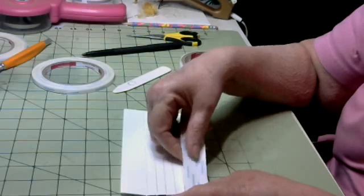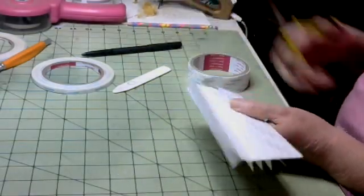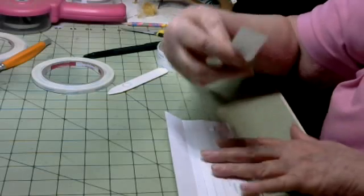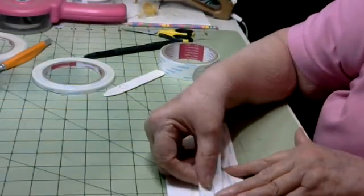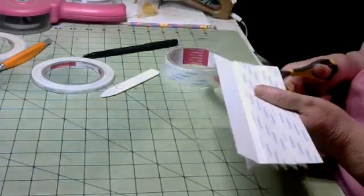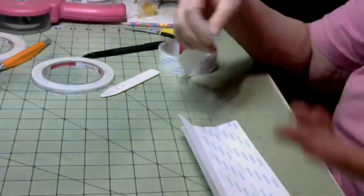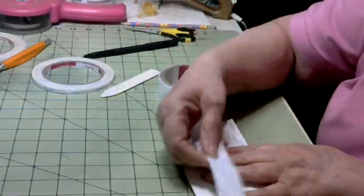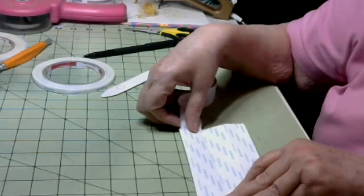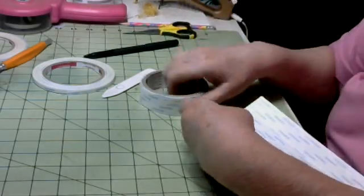So I will start here. The next one will lay right next to that one. Now I'm going from top to bottom. That's not absolutely necessary. You could go from side to side if you wanted to. And some people don't feel that it's necessary to cover the entire thing. But I have found that if I don't cover the entire thing with score tape, it has a tendency to lift up